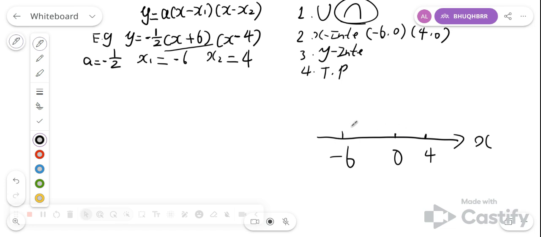And then how can I determine where the middle point is? We add them up and divide by 2. Adding them up, negative 6 plus 4 equals negative 2, and then all of this divided by 2 gives me negative 1. So that means,